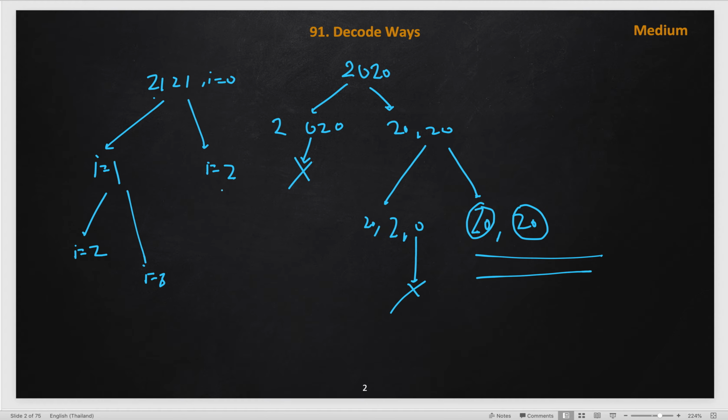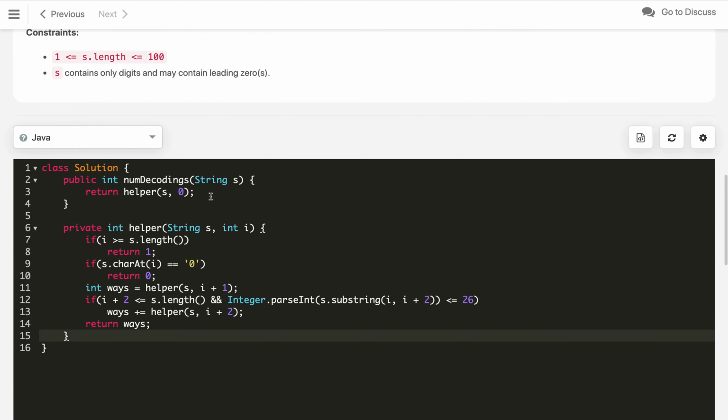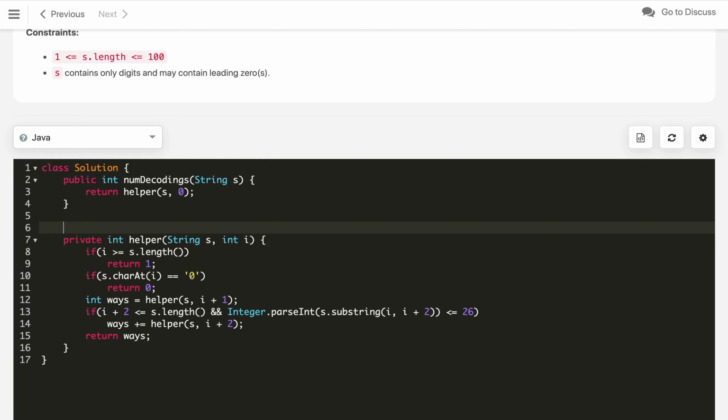I am just writing the index pointers, and here we will get i as 3. If you clearly see, i equals 2 is one subproblem, and here also it got repeated. Similarly i equals 3 is a repeated subproblem here. So we have lots of repeated subproblems. So we can apply dynamic programming and cache these repeated subproblem solutions. For caching we can use a map of integer comma integer.